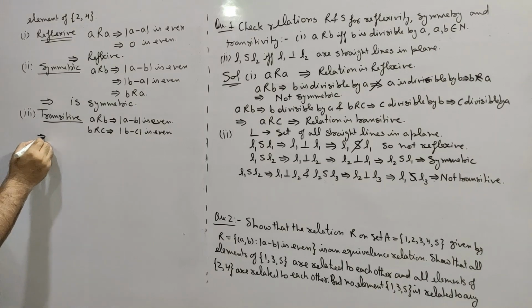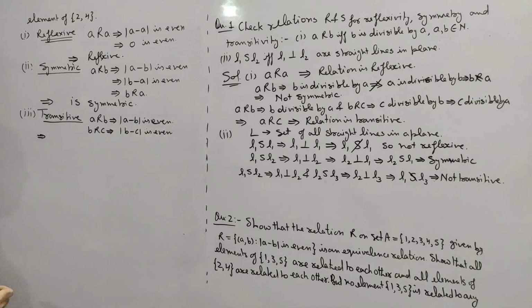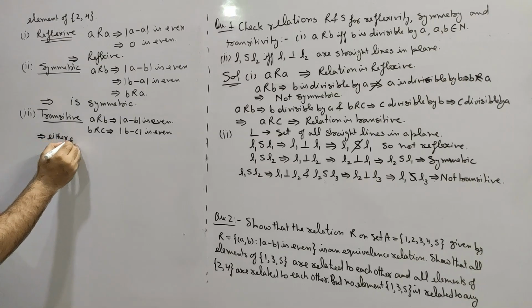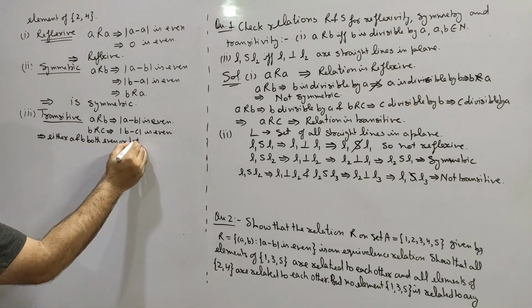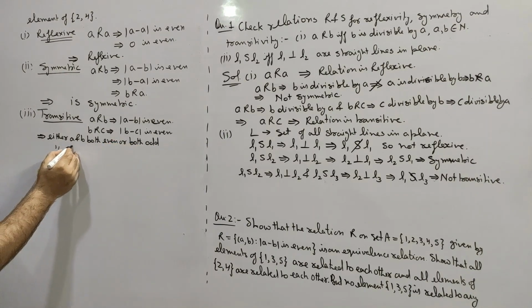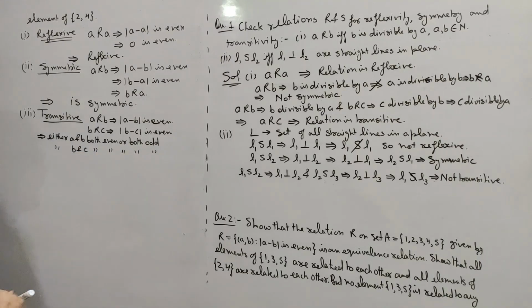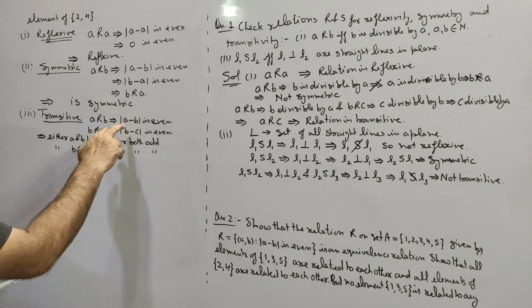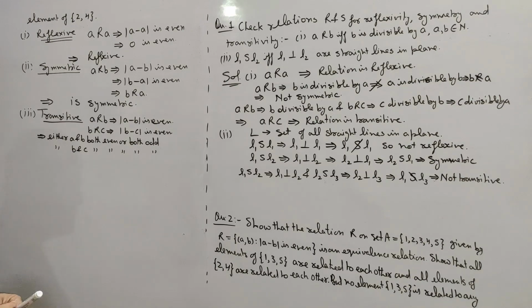This implies if A minus B is even, then either A and B both are even or A and B both are odd. Now this also implies either B and C both even or both odd. Now since B is common in both the expressions, we will consider whether B is even or B is odd. If we take the first case, say B even,